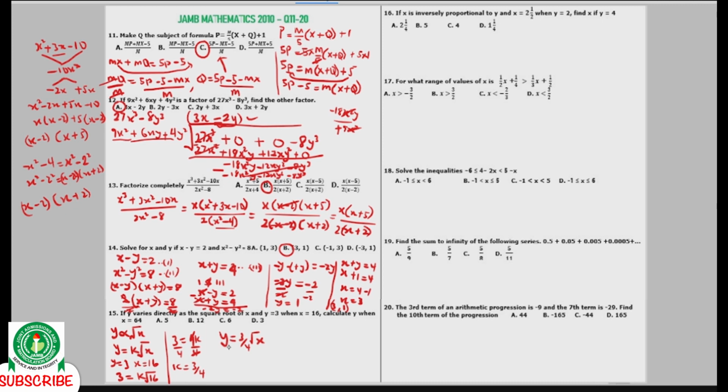So y is equal to 3 over 4, and what's our x given to us? 64. So we have